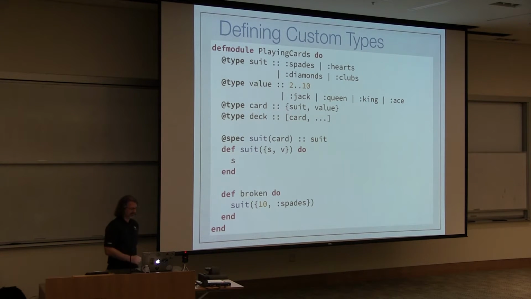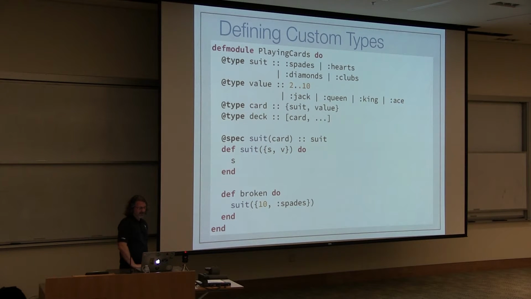So how do we use that? We've got a function down here called suit. What this suit function does is basically take in a card as an argument and extract the suit out of that structure. So we've got a type spec that says this suit function takes the card type as its one argument, which we've defined above, and it returns a suit. So we said that a card is a tuple with a suit and a value in it. We can then use that knowledge inside the body of the function, knowing that when we're in there, we have a valid card, right?